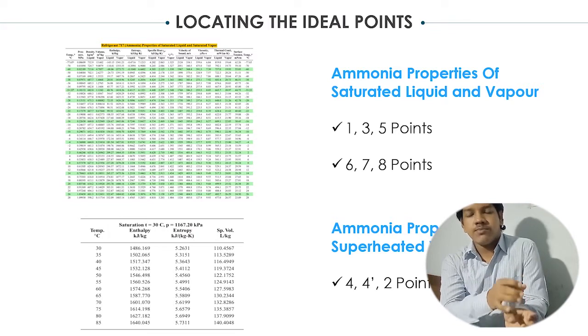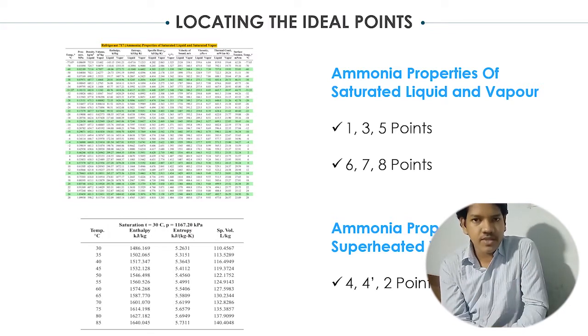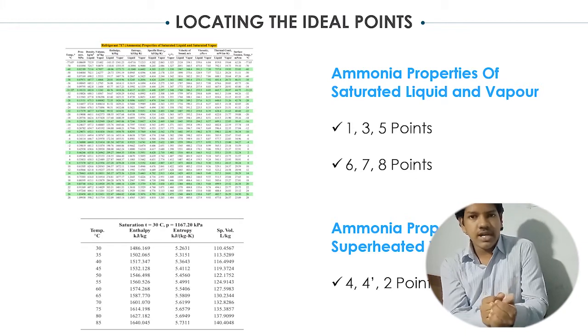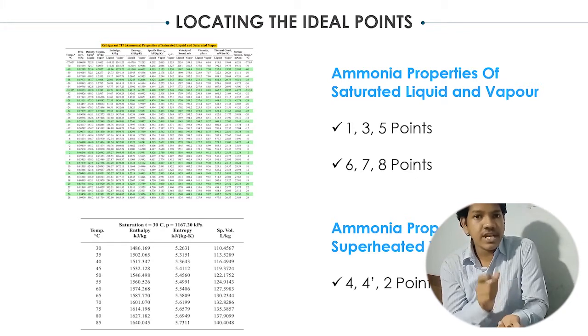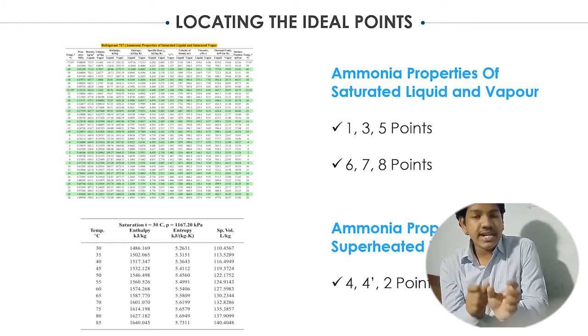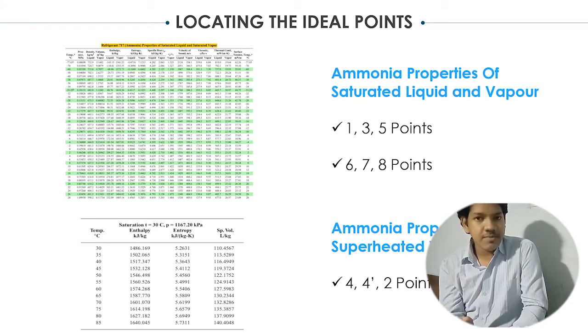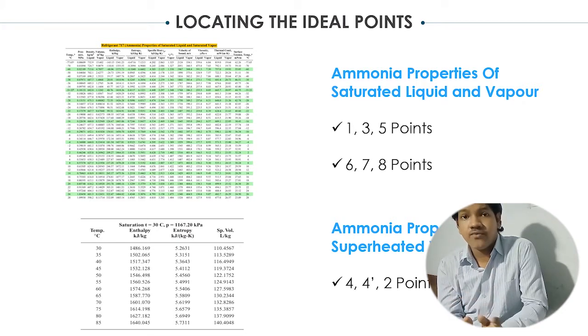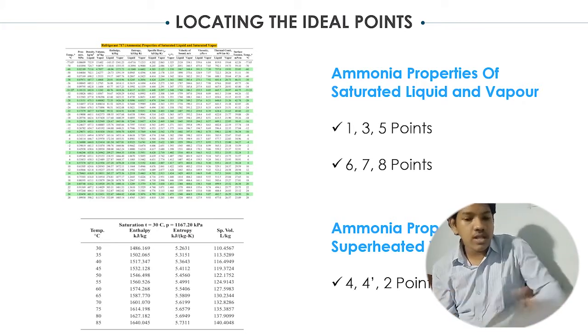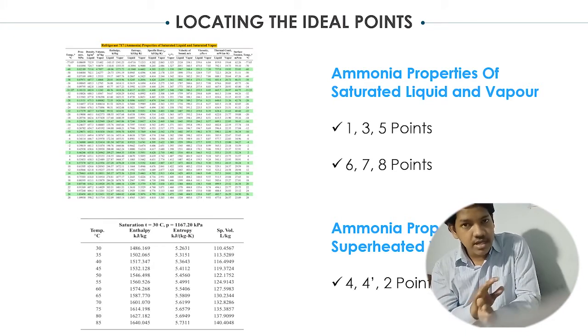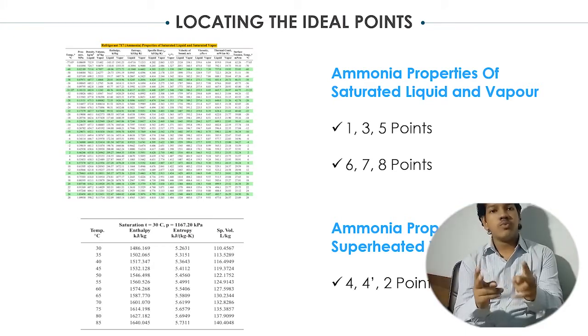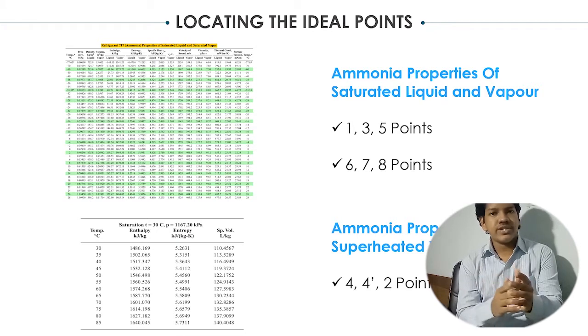Suppose we have got the entropy of a point. With the help of that entropy, we will trace down the similar entropy value being matched over the entire chart and over the entire tables. That is why I have said it is a bit time consuming, as we have to trace all the charts and all the tables which are available. So among the two processes, we have merged both the processes